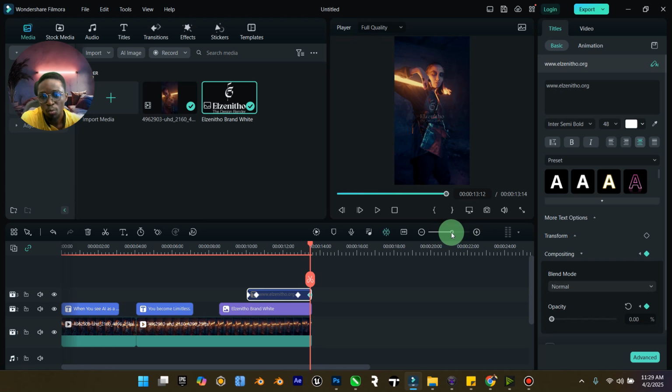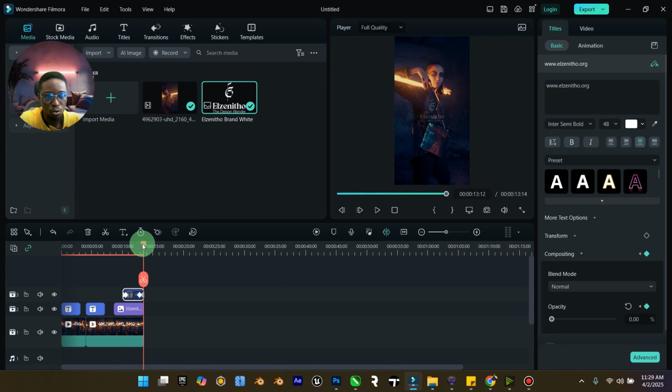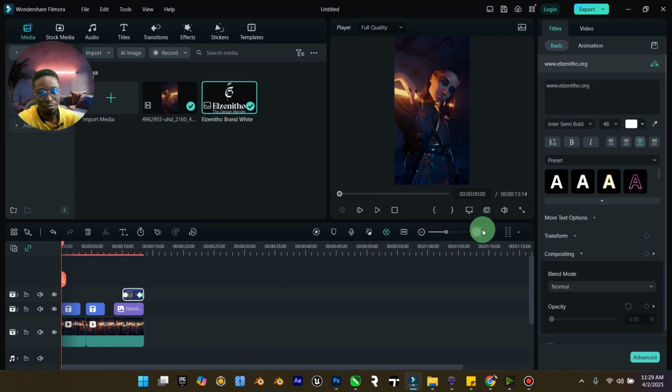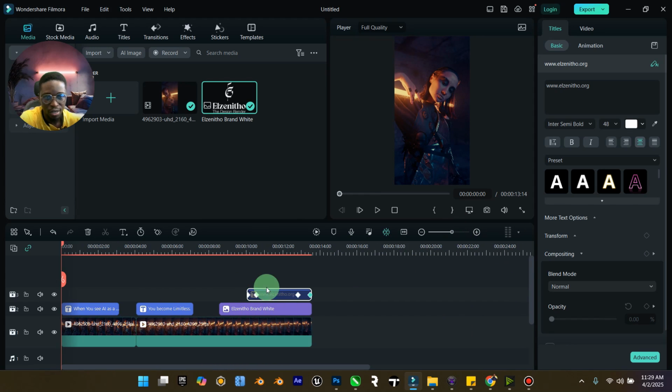So that's why. And what I'm doing here is I'm just increasing and decreasing the timeline view, right? So at the moment you see that it is just 0 to 15 seconds. So you can make it bigger. Still 0 to 15 seconds, but it's bigger, right? So that I think you can see your stuff properly. So when you play it back,